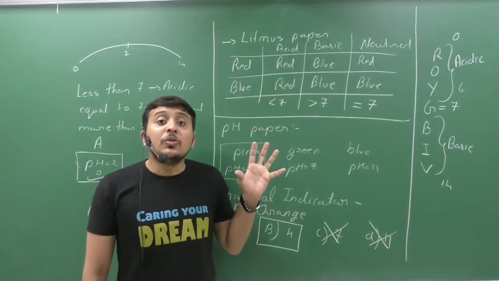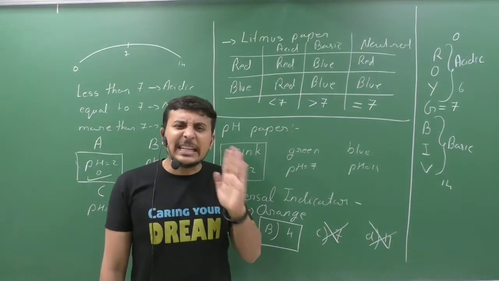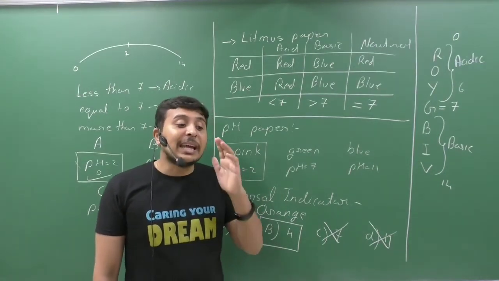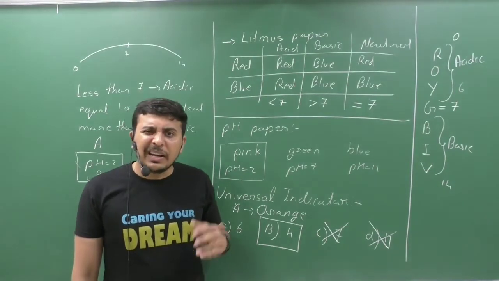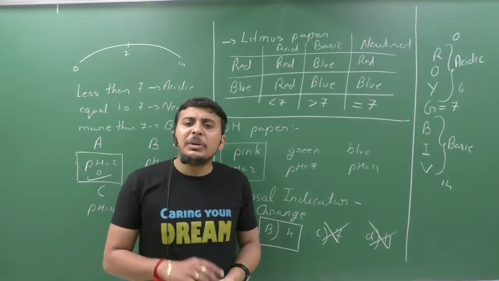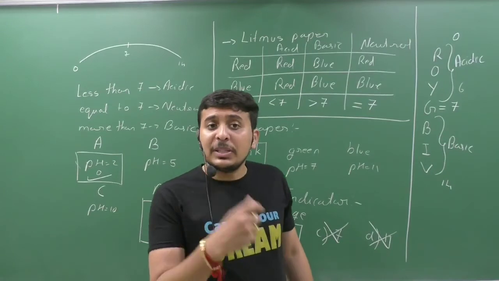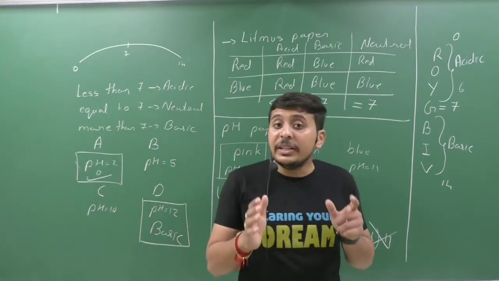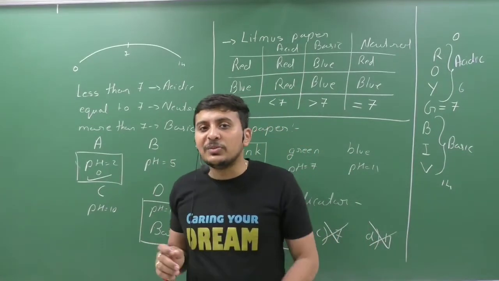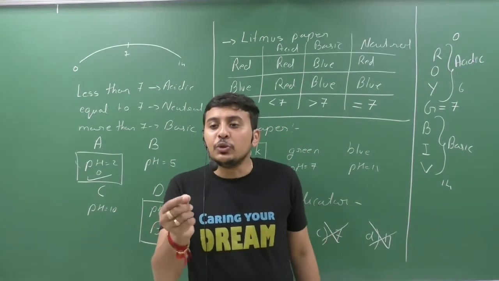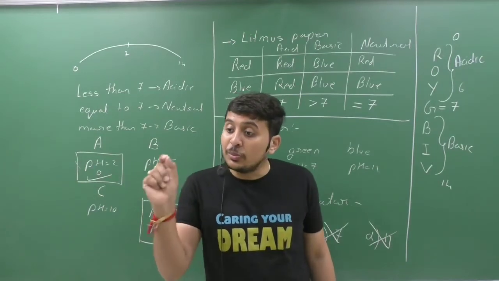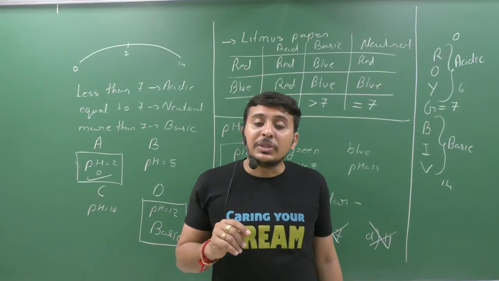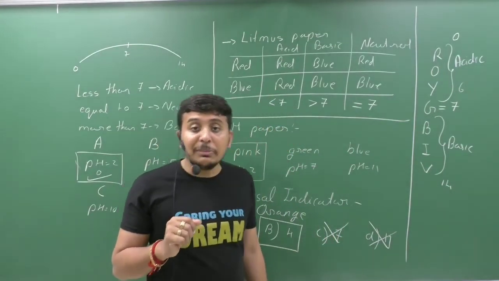Clear? So what if I want to measure the exact value of the pH? And why do we need that much exact value of pH? Because during the preparation of medicines or especially eating food items, we need to maintain the exact pH value. It can be even 2.35, then it should be 2.35 only, especially during the formation of the medicines, during the preparation of the medicines.